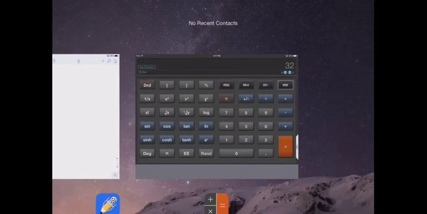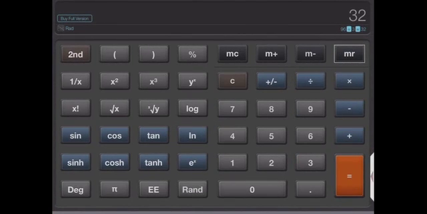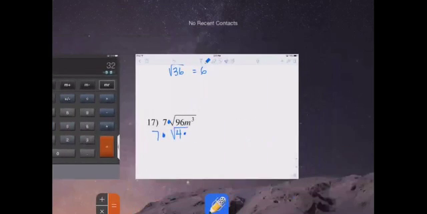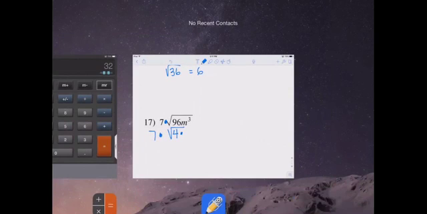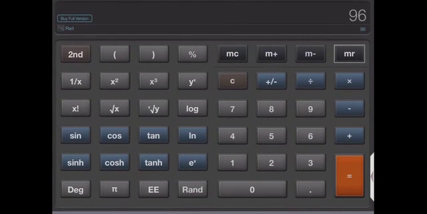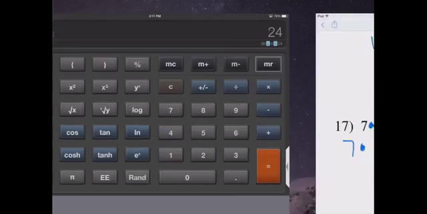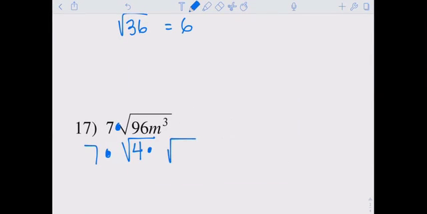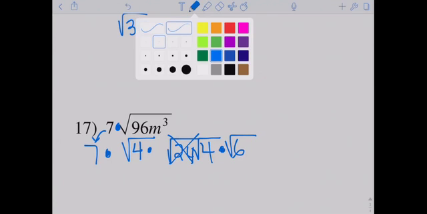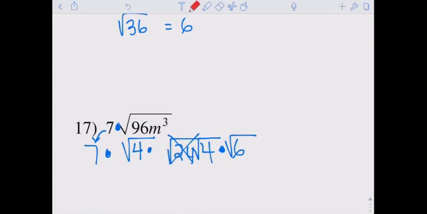Oh, I need to go back to the calculator. 96. So divide 96 by 4 equals 24. 4 times the square root of 24. This 7 is from this one. Now 24 can be broken down to 4 times 6. Now 6, besides 2 times 3, they're both irrational. Can't do anything. So 7 we copy,